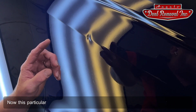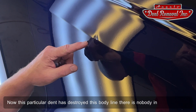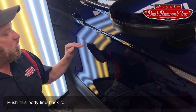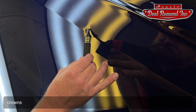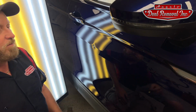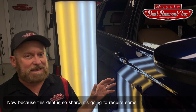Now, this particular dent has destroyed this body line. There is no body line, so Paintless Dent Repair is going to have to push this body line back to correct it. It also has made some high crowns right here that have to be knocked back down with a knockdown to correct that. Now, because this dent is so sharp, it's going to require some heat, and the reason